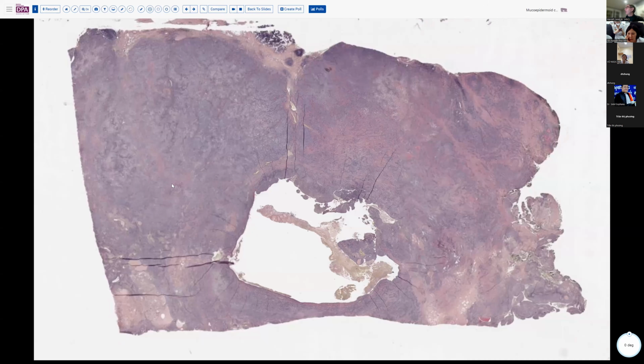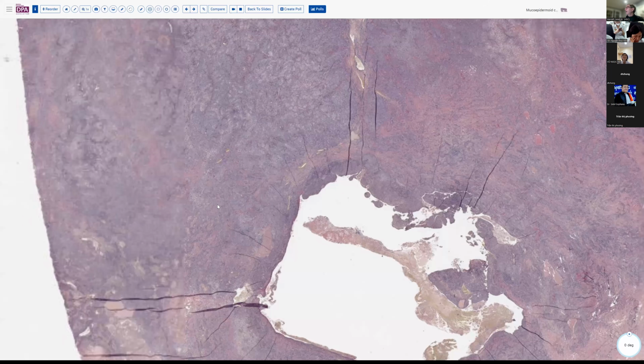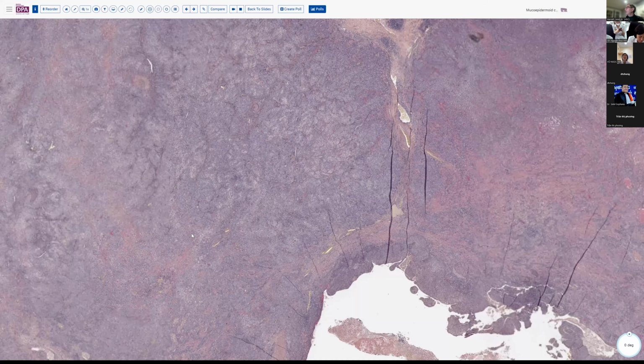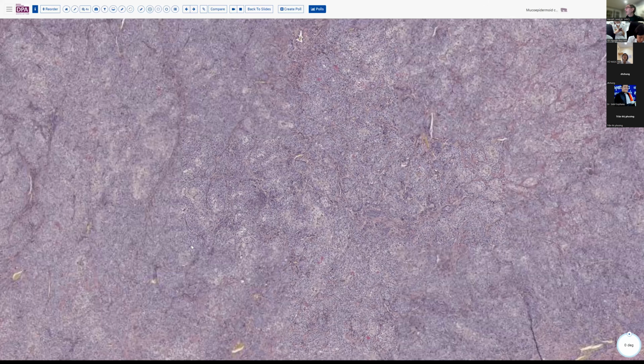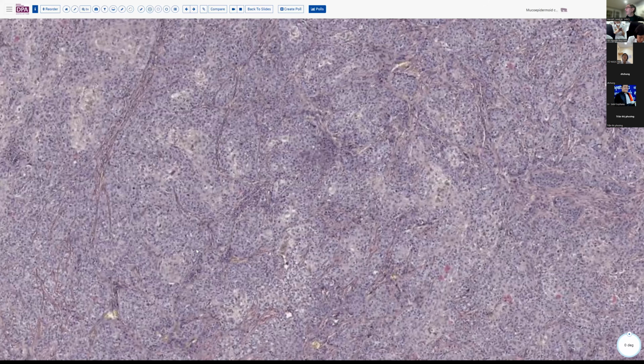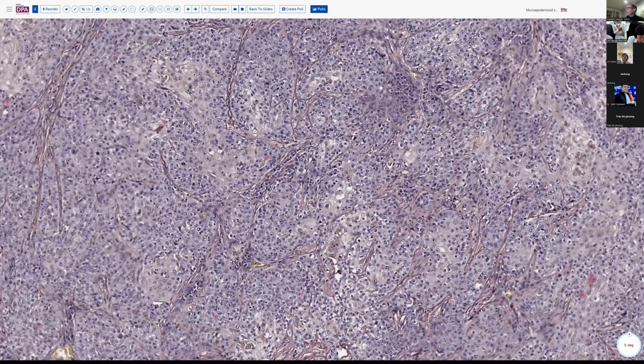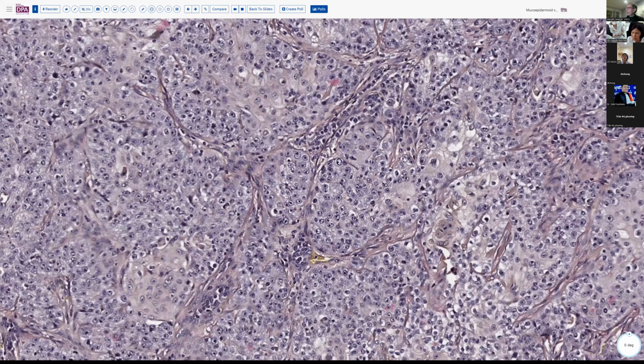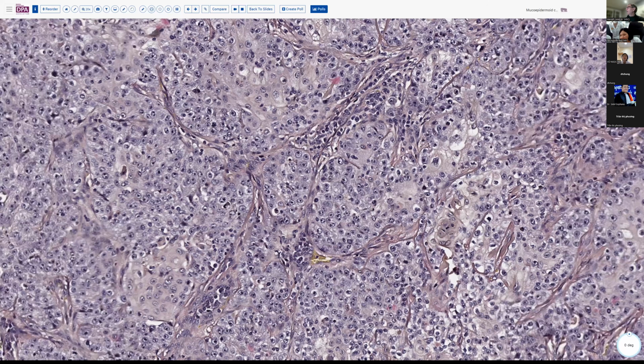One more case in the mucoepidermoid category. Again, a much more solid tumor, fairly high grade. And as you can see here, there's just a little bit of differentiation. You've got a little bit more squamoid cells here and more of the intermediate cells here. But